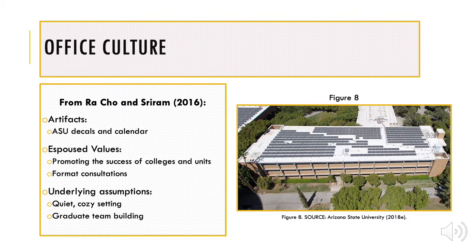As for the office culture, the office space of the graduate office is divided with offices on both sides of a hallway. The hallway is extremely cold, but once you enter the office space, it is very warm and cozy and oddly structured. There are ASU decals all throughout the office. Likewise, many staff have the same ASU calendar hung by their desk with historic pictures of the campus and important dates highlighted. While most staff do not directly work with students, the decals and calendars are artifacts that serve as a reminder of what the office's larger purpose is.